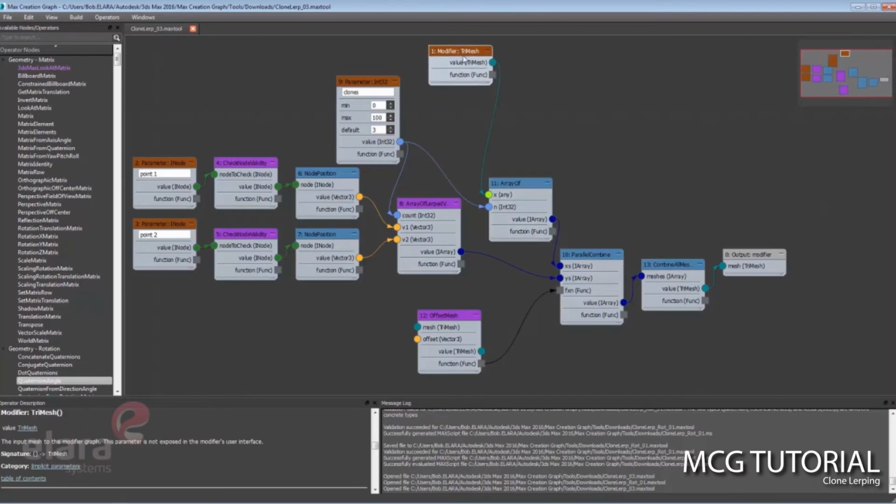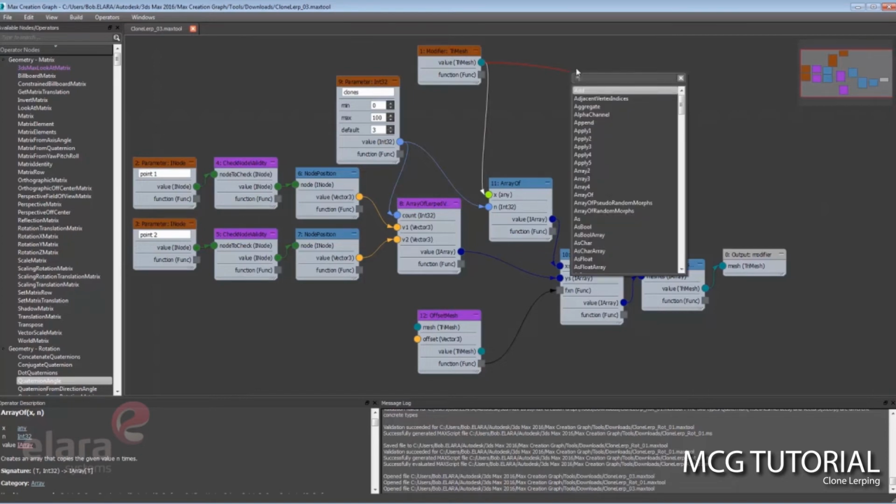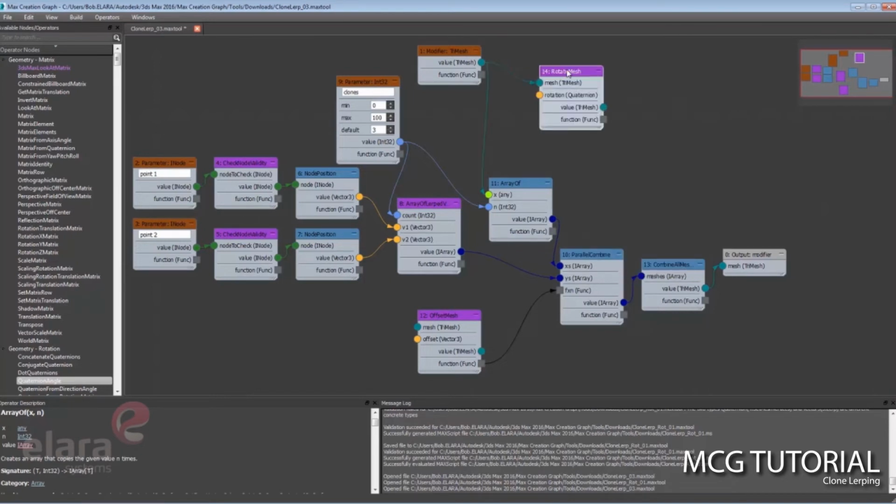And the way we could do that is, there's probably a lot of ways you could do that, but the way that would be pretty quick would be to kind of hijack the mesh as it's leaving this implicit parameter modifier tri-mesh and rotate them all before we make the array. So how we could do that is we could drag this input out here, and let's see what we got for rotation. Rotate mesh, that sounds good. And then from there, pipe this tri-mesh back in here.